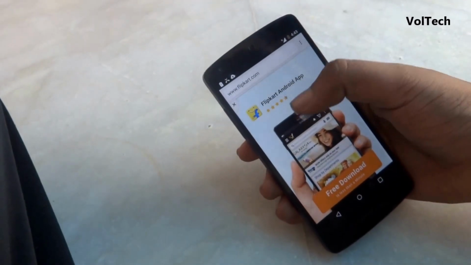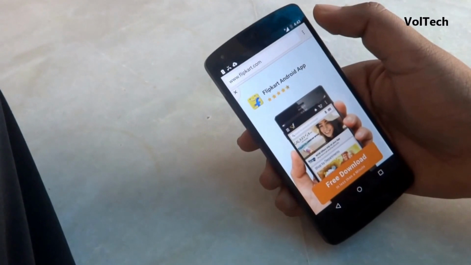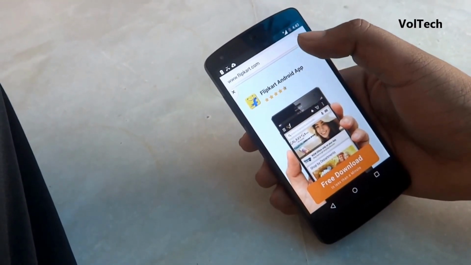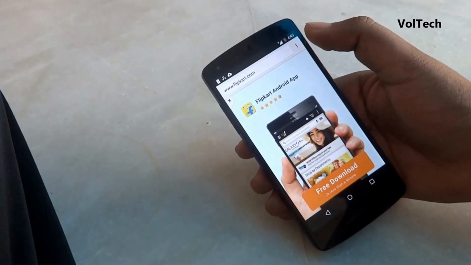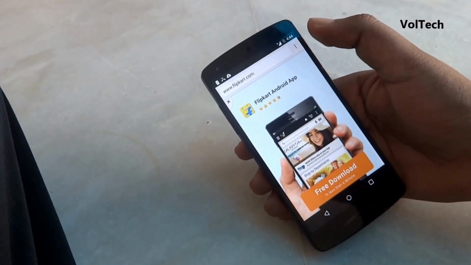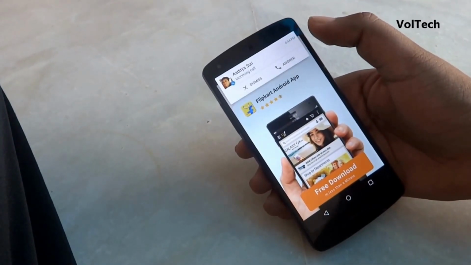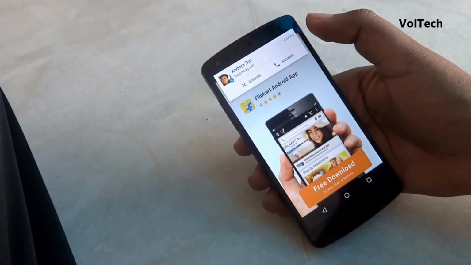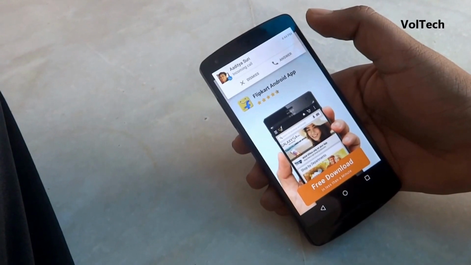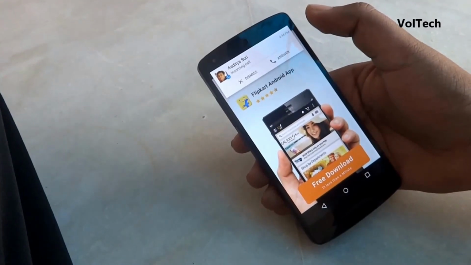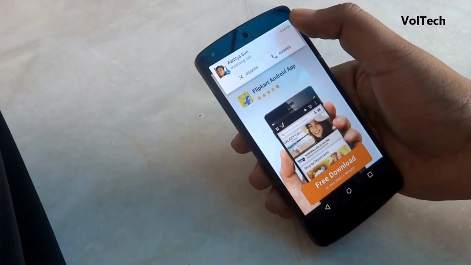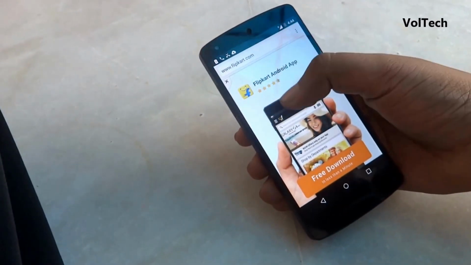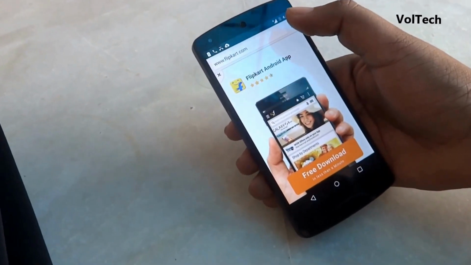If you don't want to answer the call, you can just swipe that heads up notification and the call will go on silent, and if you want you can dismiss it. If you select to answer, then the app will pause, the game will pause, and you can continue with your talk, and after the talk you can just go back to gaming. So suppose now I don't want to answer him, I'll just swipe and the notification is gone. I can continue doing my work, whatever I am doing.